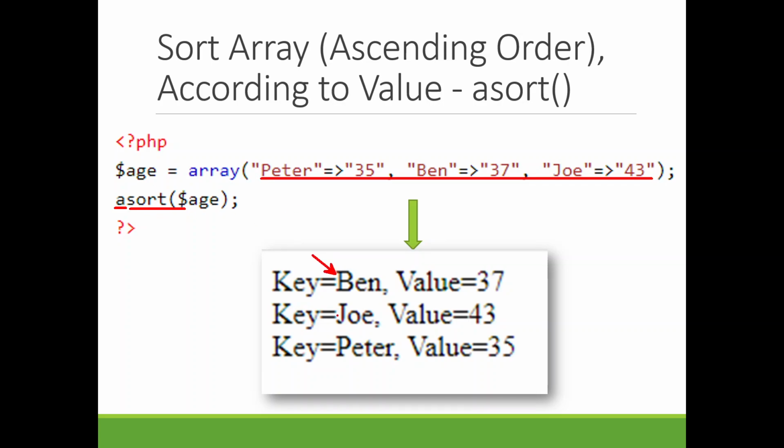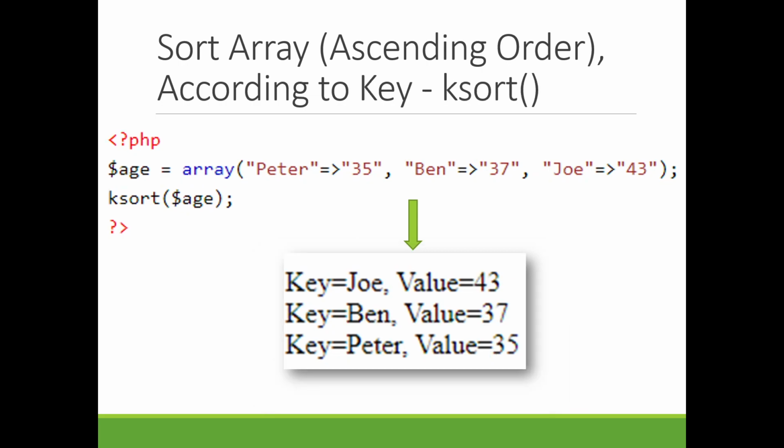So Ben first, then Joe, then Peter. Then you have ksort, which is the opposite of that. So here we sort depending on